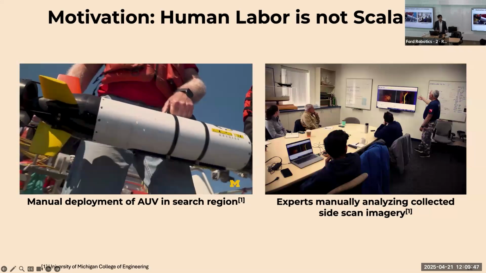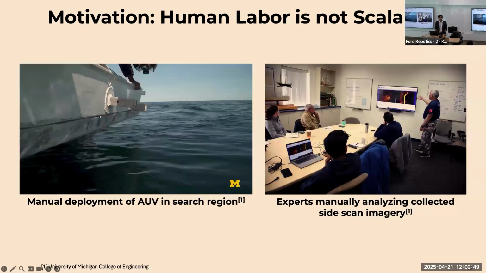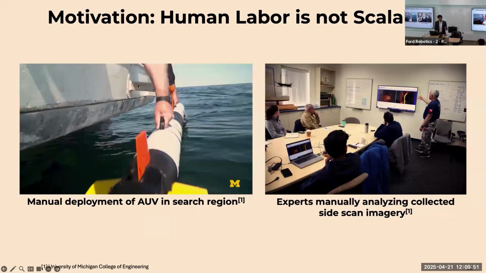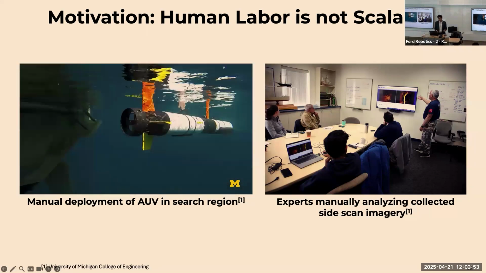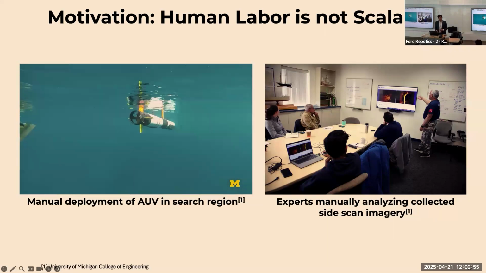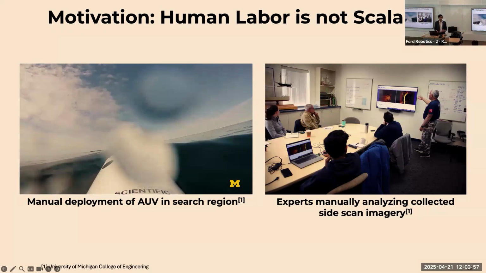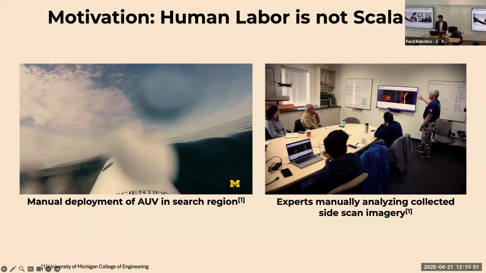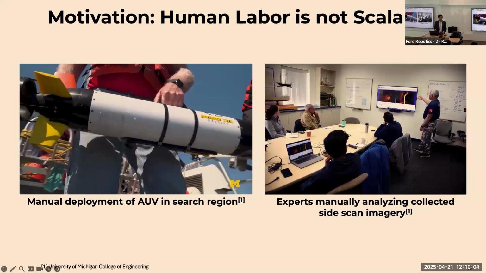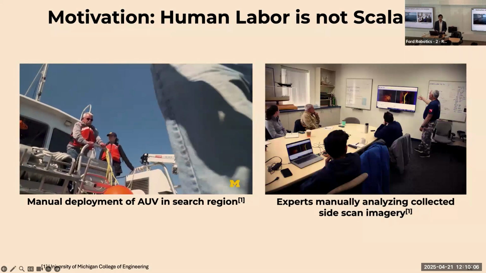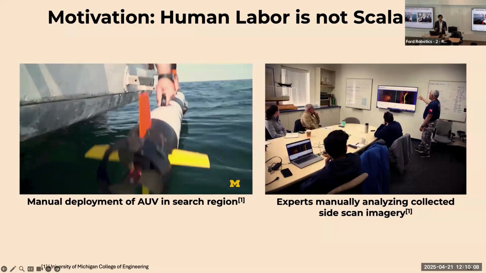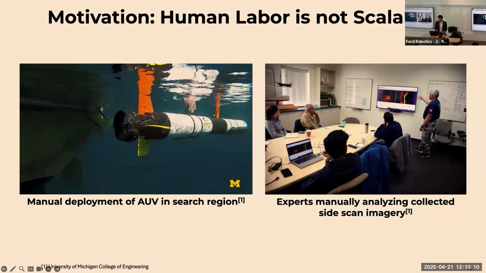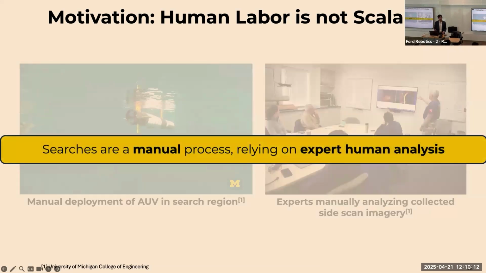So although AUVs allow for more scalable and convenient surveys, they still produce a ton of data. It's important to note that a lot of these underwater searches are largely still a manual process. You'll deploy an AUV, collect all the data, and have a group of experts go through it and identify objects of interest. This process is time-consuming for a single survey, but imagine scaling this up to 100 surveys in a day. It takes a lot of time to go through hundreds of gigs of data. This really motivates the application of computer vision methods to this field in order to automate the search for these objects.